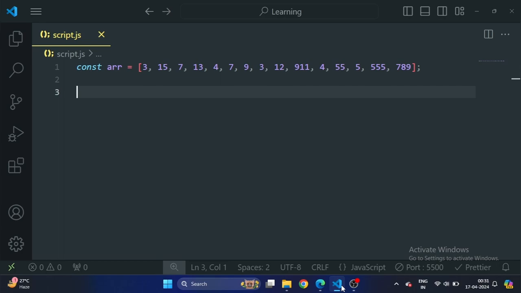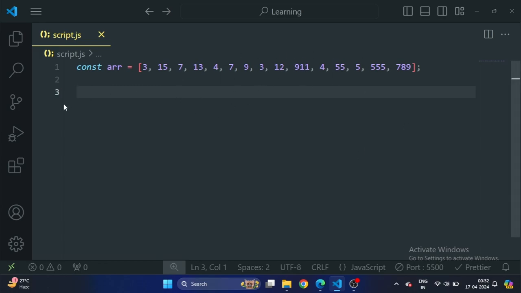So today's topic is reduce method. Reduce method basically is used at a place where you have to take the elements from an array and come up with a single value out of them. For example, this is our array, and if you have to iterate over each and every element and find the sum of all these elements, or maybe find the largest or maximum number inside this array. So we are going to find the sum of this array.